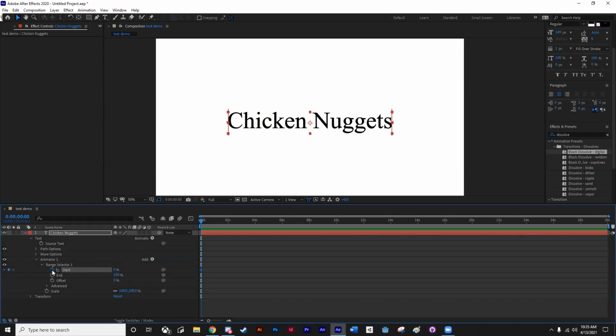So you'll see that this start is at 0%, meaning here's my start, and the end is at 100% right here. So this is my end bar on the right, and if I toggle between my percentages, I can adjust these things. So let's say I want to have each individual letter spring up in scale, and I want that to run straight across. There's a couple different ways I can do that. If I start by keeping my end at 100 and my start at 0, and then I change my scale,